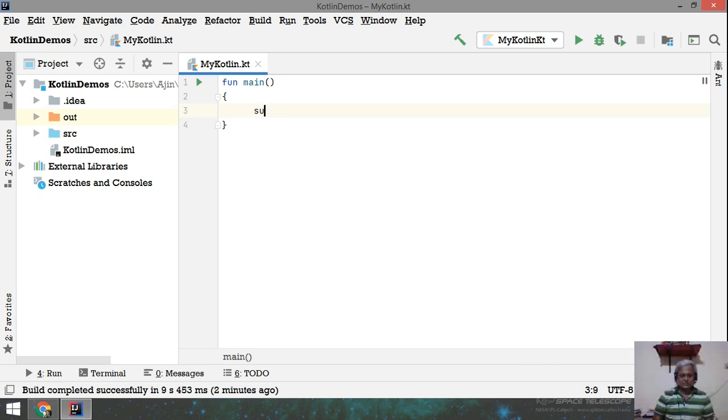Suppose I have a function sum which takes two values from the user and gives you the sum of these two. So here I am passing it two values. First let me have these values somewhere. So var a equals 12 and var b. I can also take val because I'm not changing anything. So val x equals 12, val y equals 13, and then I pass these to a